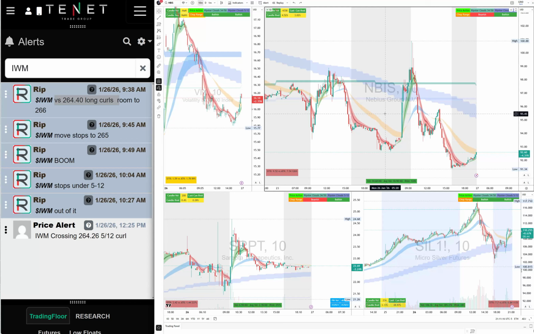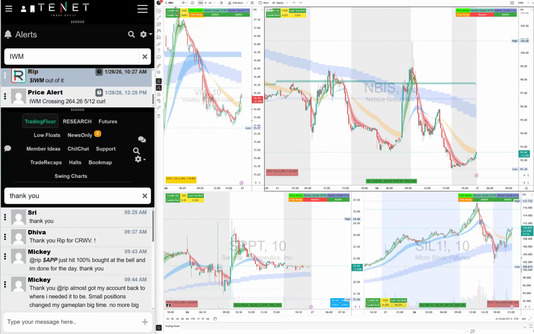But the key is to understand where is the bullish flow, where is the bearish flow, because if you do not do that, you're not sure whether what you are trading is going to work out or not, if you're on the right side of the trend or not. So that's how you do the sector analysis, guys. That's how you understand where to be, where your setups are, so that you could make profitable trades with the trend and understand where the money is flowing.